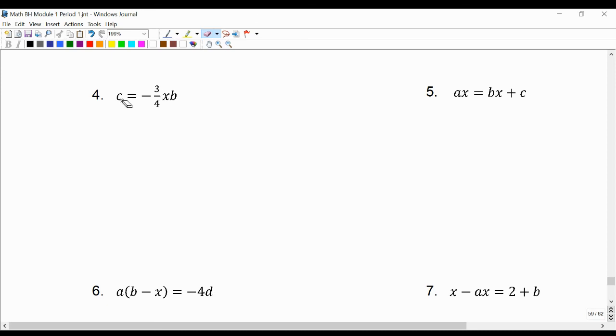We're going to solve for x in c equals negative 3/4 xb. This is all multiplication. We first need to identify that that's the case, because then this means that most of this problem is going to be done by using our multiplicative inverse. And as you maybe saw me just write, I'm going to use the multiplicative inverse to get rid of negative